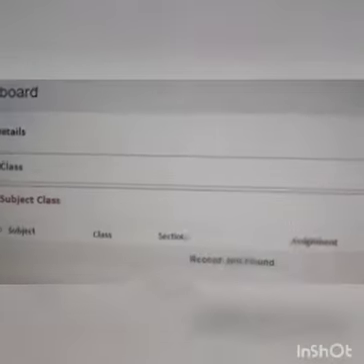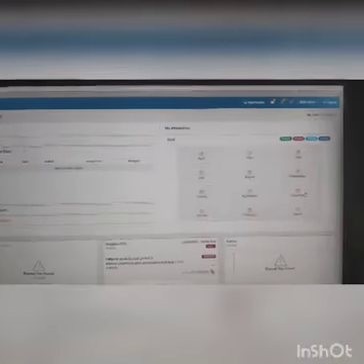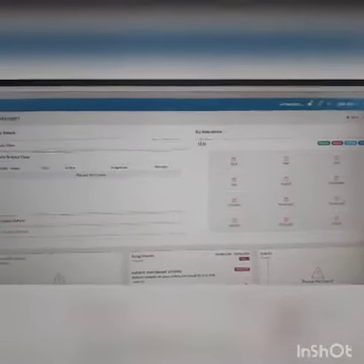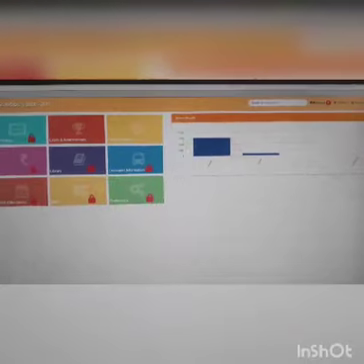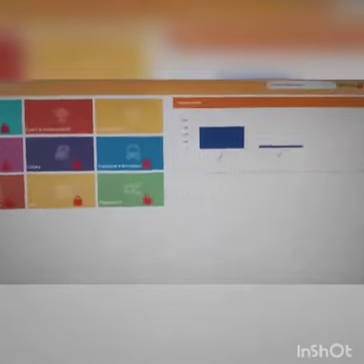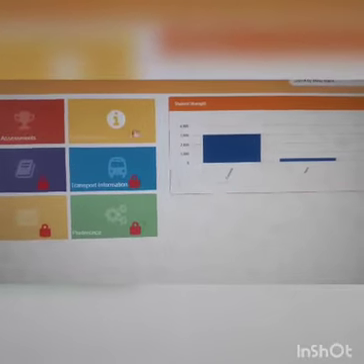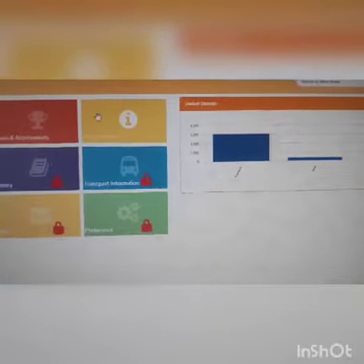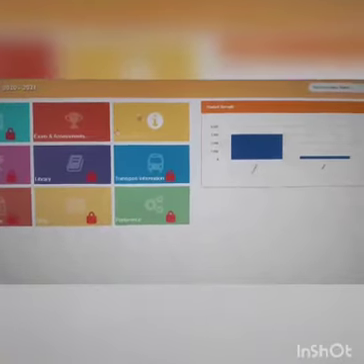This is my dashboard, and you people are quite used to this environment because we have been doing our mark entry through this. Now we come to the application tab. In this tab, we will be able to access the assignment option only when our School Online option is unlocked for us on our ID, like we have it for exam and assessment.